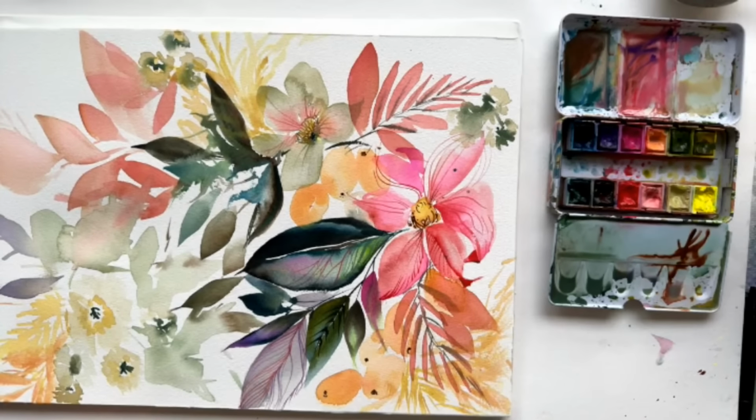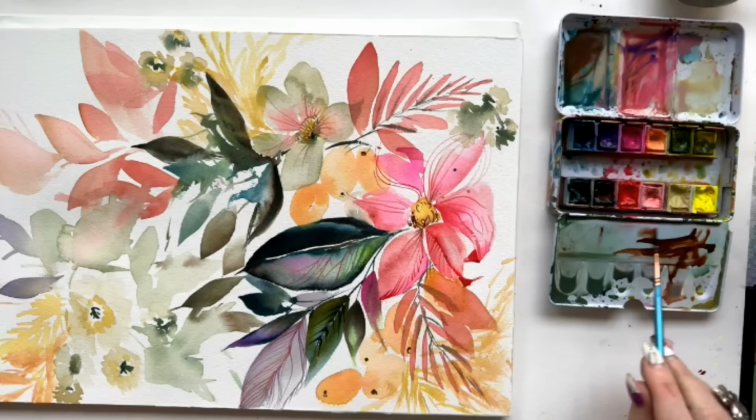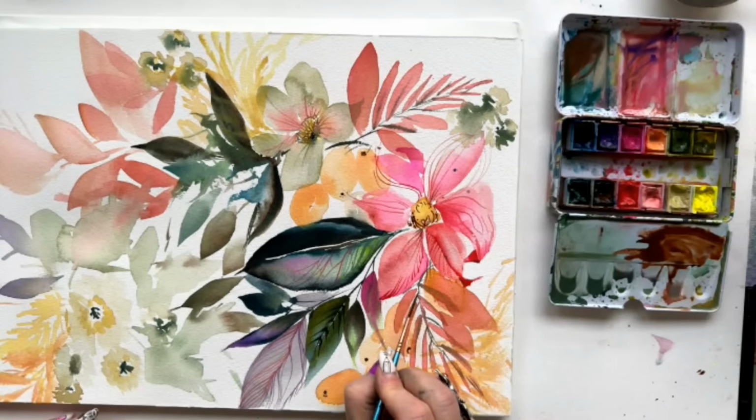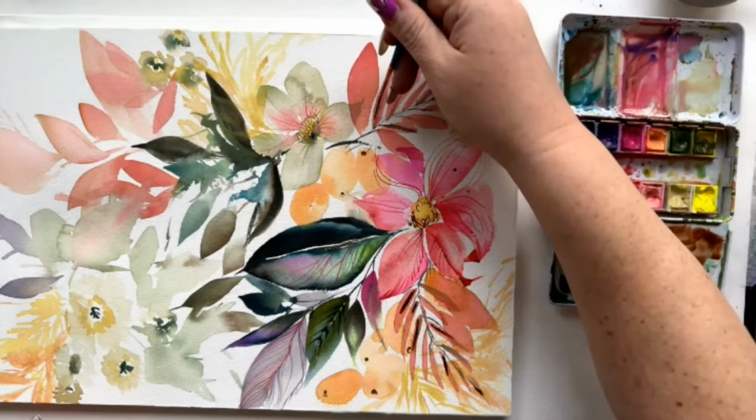All right. I had an idea, but I think I need... Oh, what brush do I want to do? I think I want to do it with the liner. I'm going to go brown, add water, and I'm going to pick up a lot of that watery brown, and I'm going to press and lift, not as much, press and lift. How do I feel about that? I'm going to look before I do it everywhere. I don't need to do it everywhere, I don't think. Press and lift. Kind of dig it. Press and lift